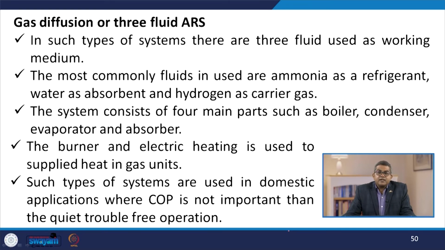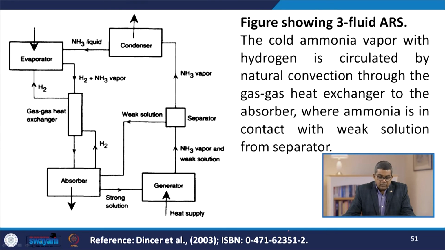The burner and electric heating is also used to supply the heat in the gas unit. Such type of systems are used in the domestic application where coefficient of performance is not important, and quite trouble-free operation is needed. Now, here you see the cold ammonia vapor with hydrogen is circulated